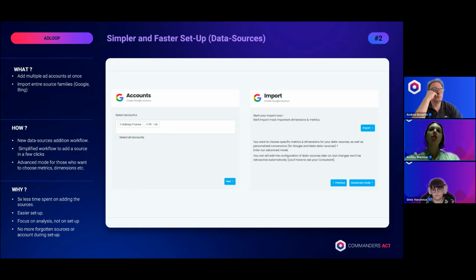The configuration is now more intuitive and designed for multi-account teams, and it also gives less room for manual error. It's more reliable. For example, we had clients who sometimes forgot to connect specific sources like the shopping accounts, which led to missing data in the account. Or after connecting several country accounts, they might miss one, or they might add the same one twice, causing incorrect reporting. So with this new feature, this no longer happens, which is great.